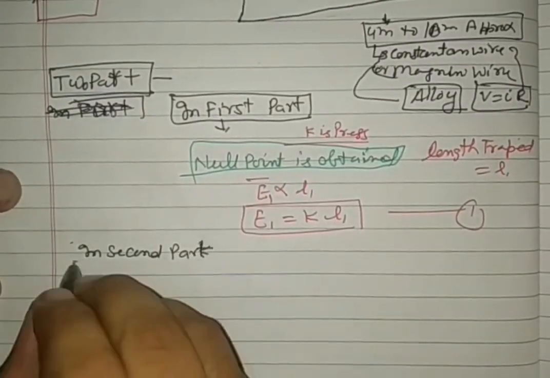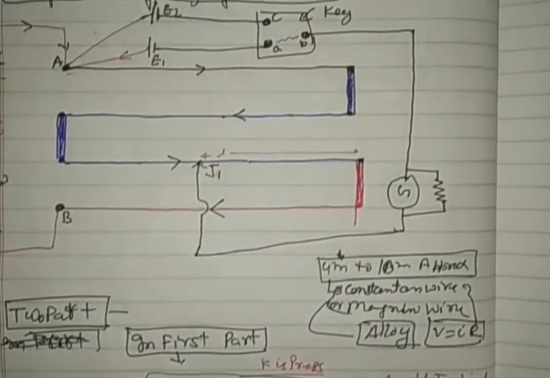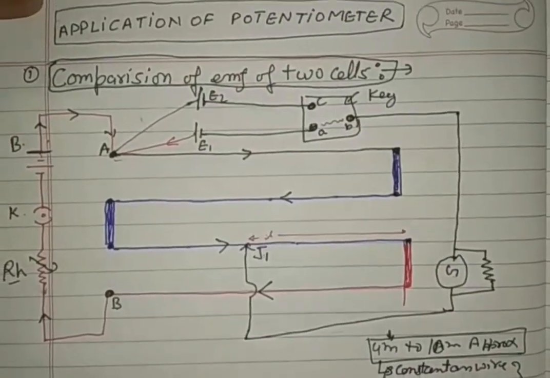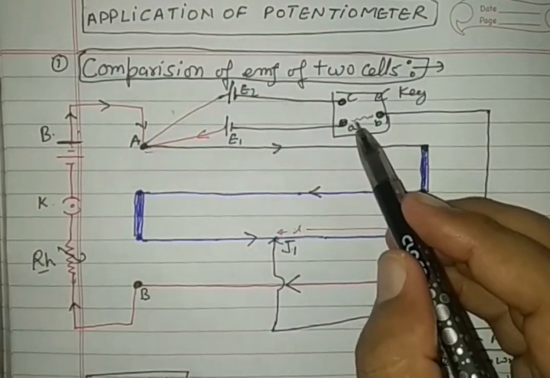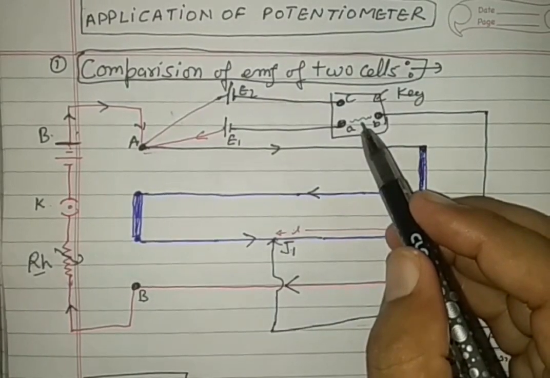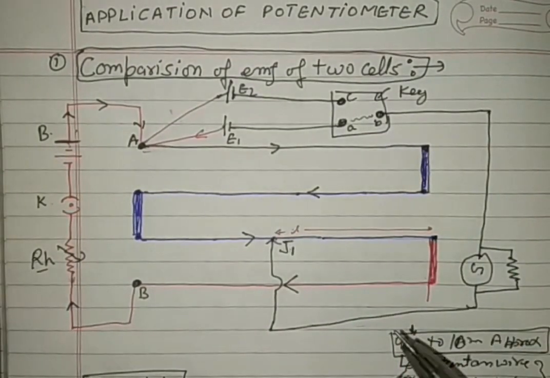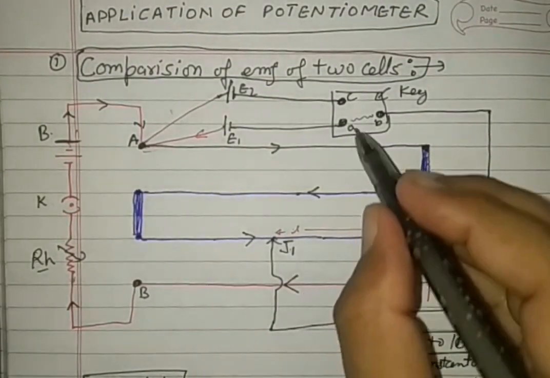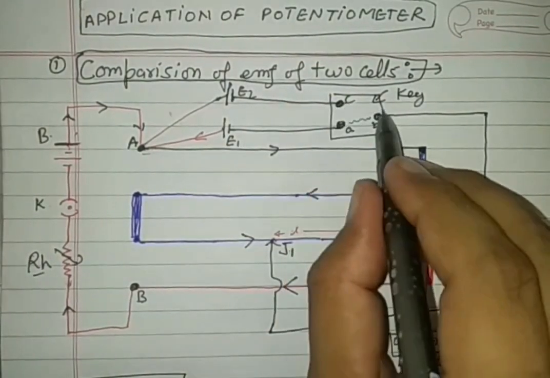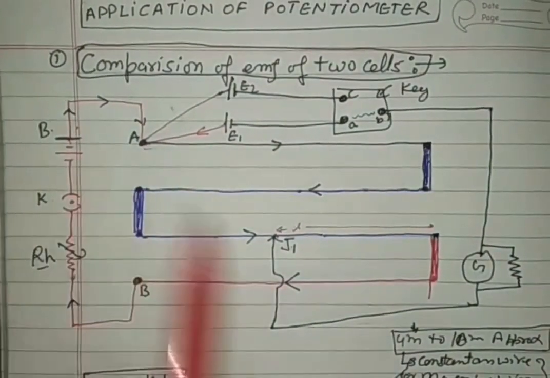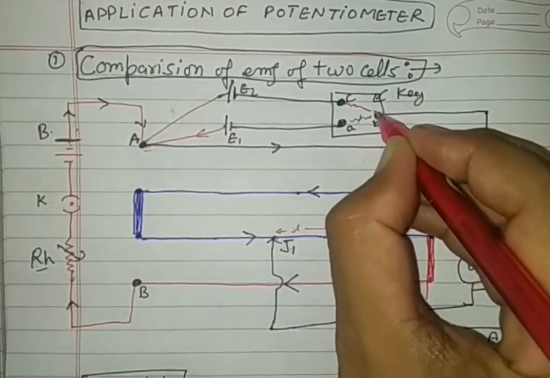Second part. Now see carefully what we are doing in the second part. Now again see here in the diagram. Now only one thing is made: connection. See very carefully. Now AB is broken. Our key is pressed now between B and C. It is represented by the red pen here. This is broken and opened, and here joined.